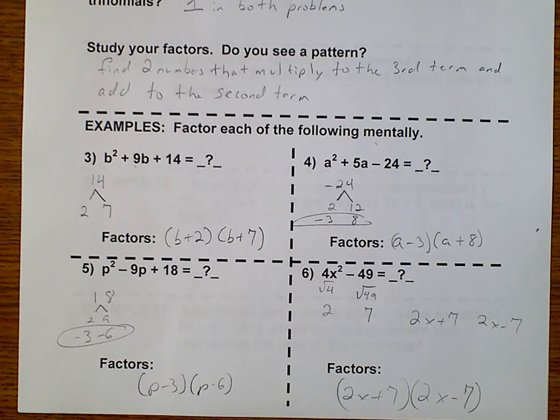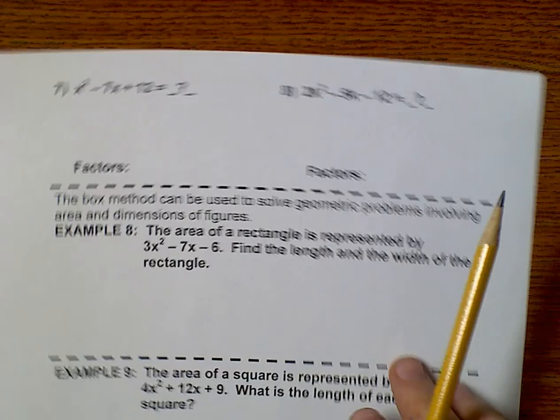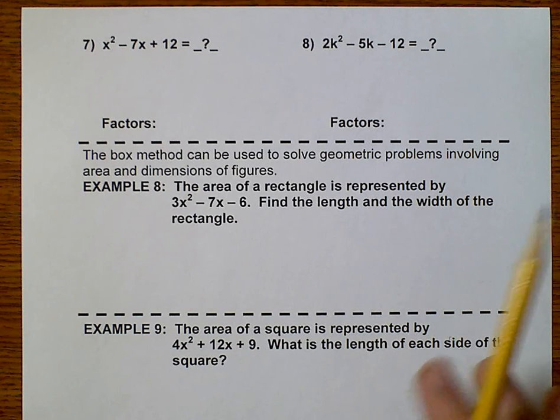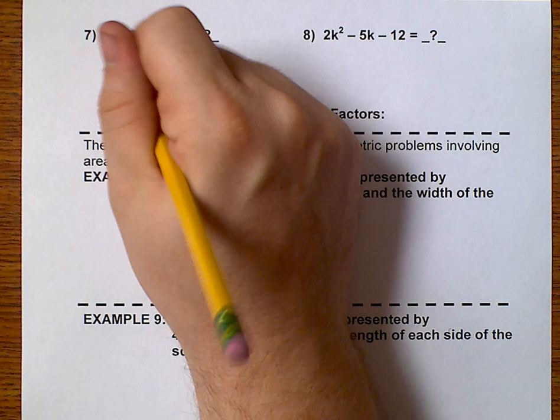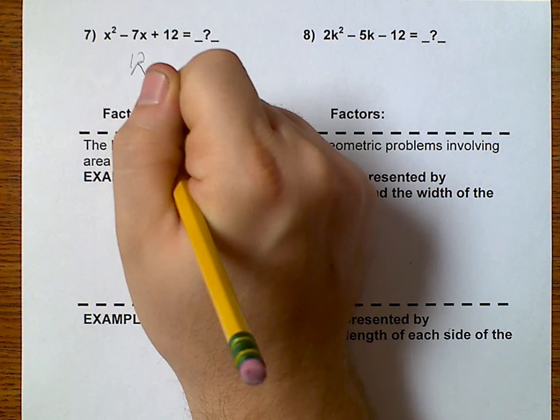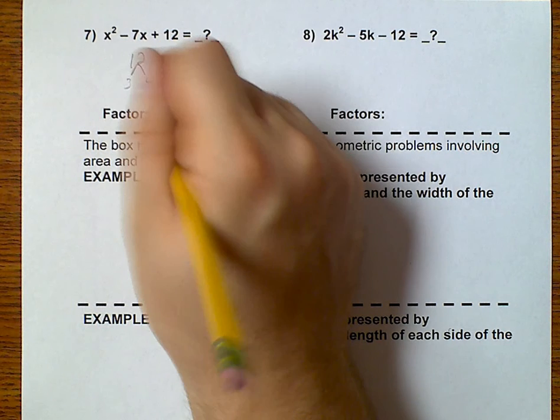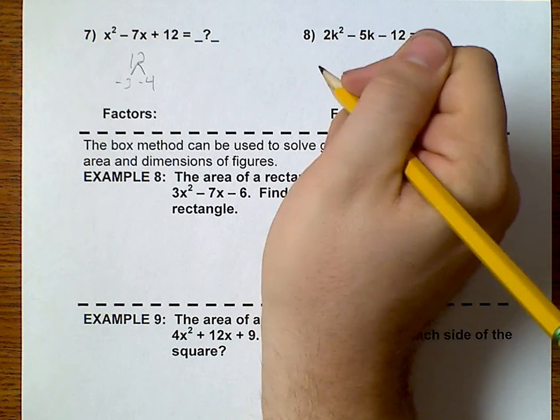And notice while I showed just a little bit of work, you can conceivably do this in your head without showing any work. Now, the only way that this is okay is if there is a 1 as the coefficient, or we're looking at a difference of squares. Let's look at a couple more. Up here, 1 is my coefficient. What multiplies to 12 and adds to negative 7? Well, I know that would be 3 and 4, both being negative. So x minus 3,